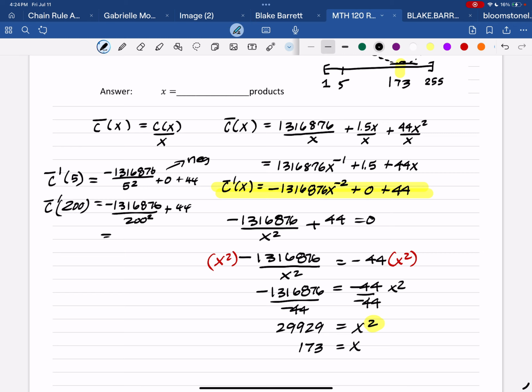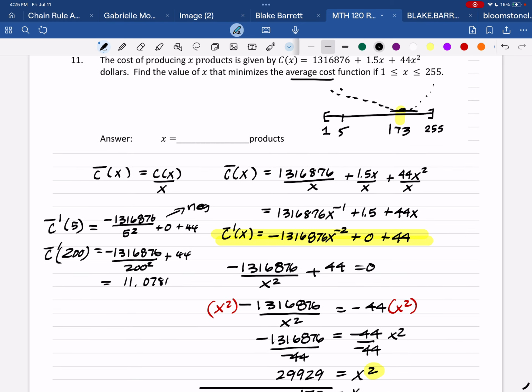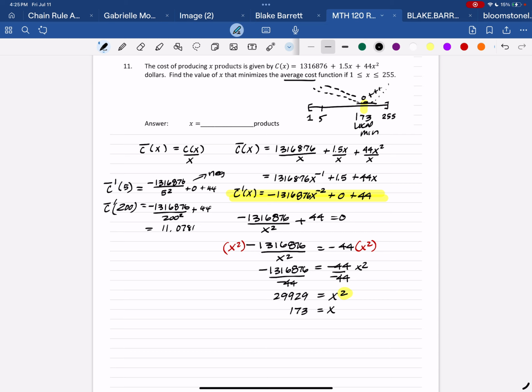Negative 1,316,876 divided by 200 squared plus 44 is about 11.0781. So it is falling here. You have a negative first derivative, a 0, and then a positive. So that's your local minimum. Now, it will be your absolute minimum if it is smaller than those two. So we need to do